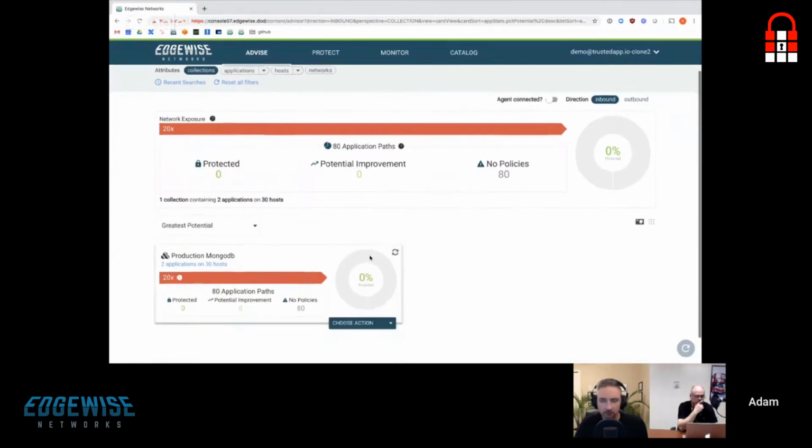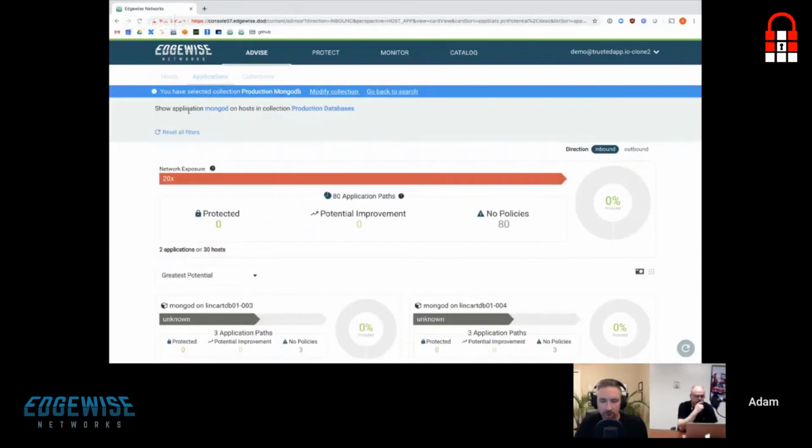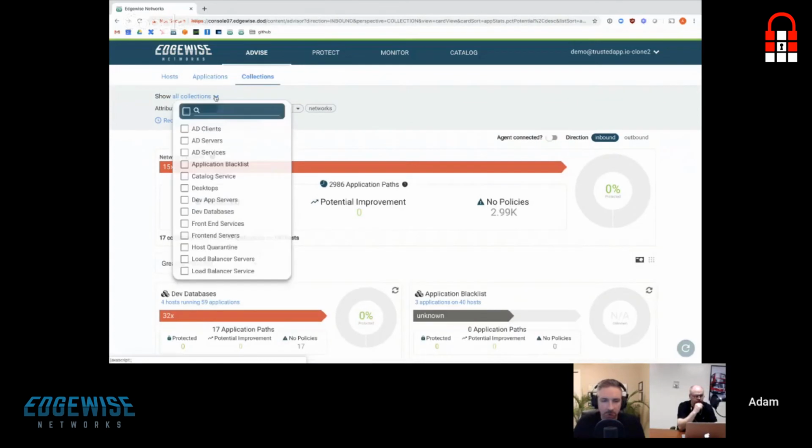When we look into this particular collection card, we'll see that this is pulling out the Mongo database process, the daemon, running on the production databases. So we're now overlaying an application segment on that host segment, which is getting us to that real microsegmentation. We're putting the protection as close to the application workload as we can, because we're now focusing on just the application that's running. So what happens when we dive in and look at this?